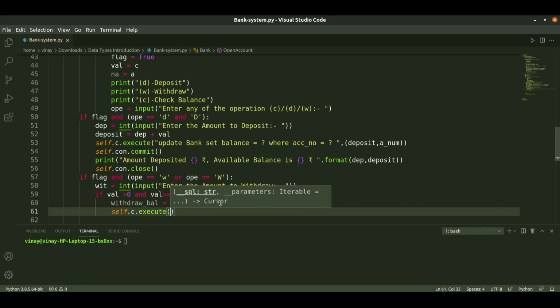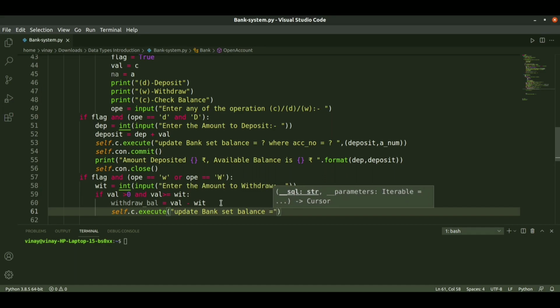self.c.execute, update bank table name set balance is equal to, where account number is equal to question mark.